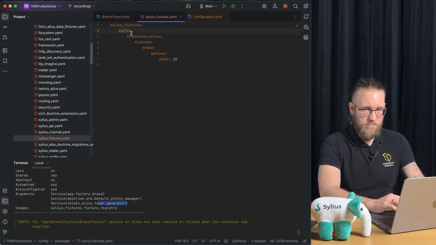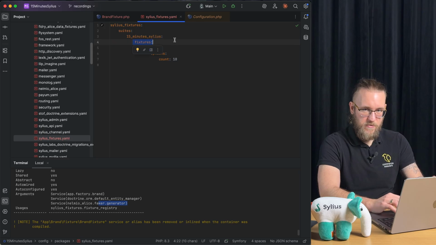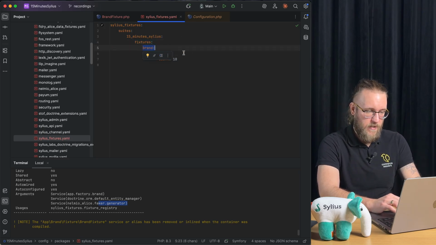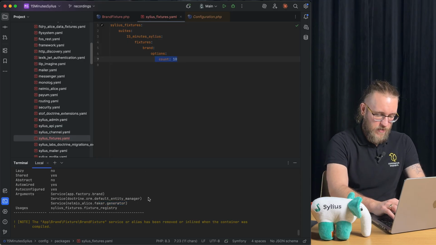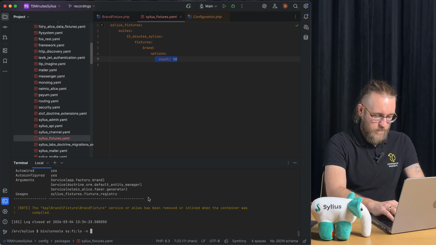We have different suites. By default, we have one suite called default. We are having our custom suite called 15 minutes Sylius. It contains some fixtures, so it does not have to be only one fixture, but we're using one fixture, brand, and we'll create 10 brands. So right now, if I call Sylius fixtures load with the argument 15 minutes Sylius,